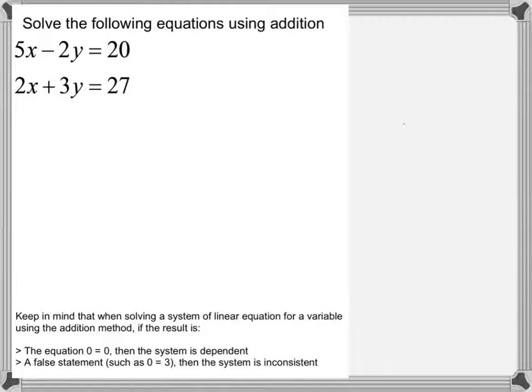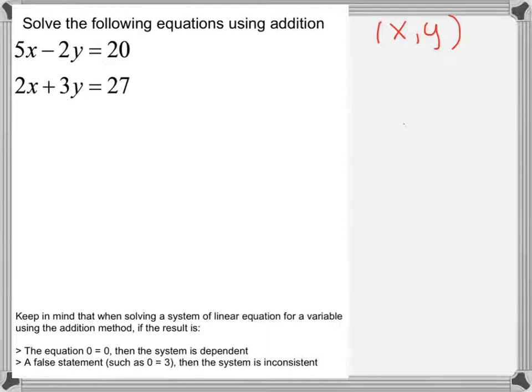Okay, so let's say that we have two equations. Both of these are written in standard form, 5x minus 2y equals 20 and 2x plus 3y equals 27. Remember, to solve, I am looking for an xy value that fits in both of these equations at the same time. So the same xy value that is a solution to both the top equation and the bottom equation. Now, in order to do that, the problem here is there are too many variables. If I had an equation with one variable, then I could solve it for that variable. But I have two equations with two variables, so the trick right here is to try to eliminate one of